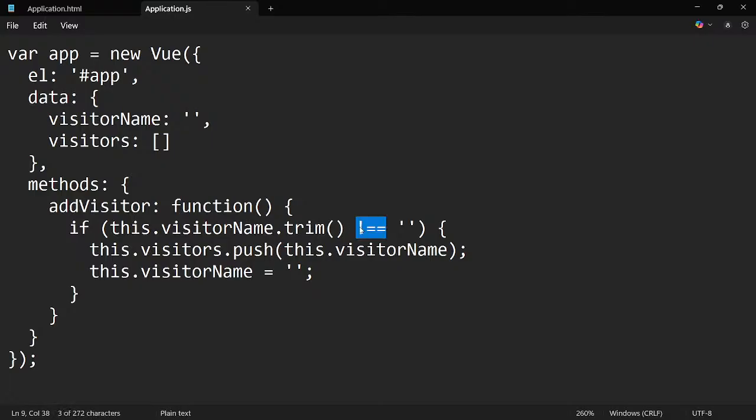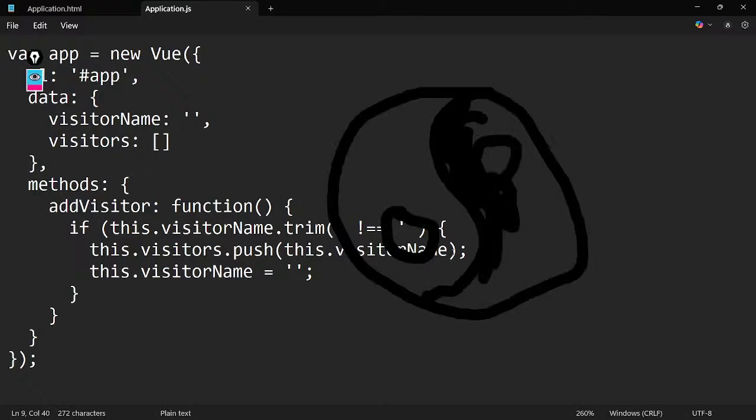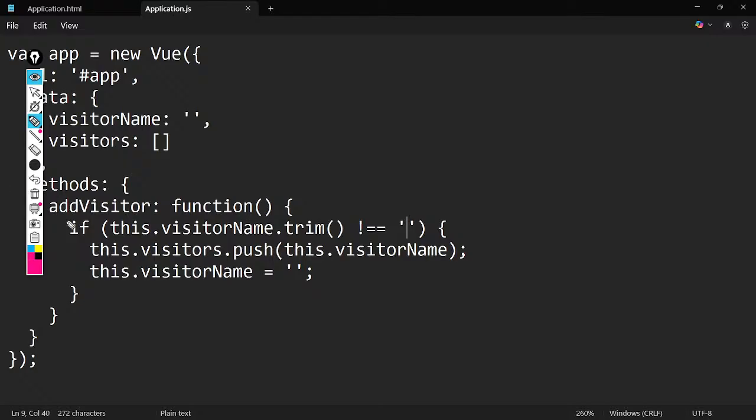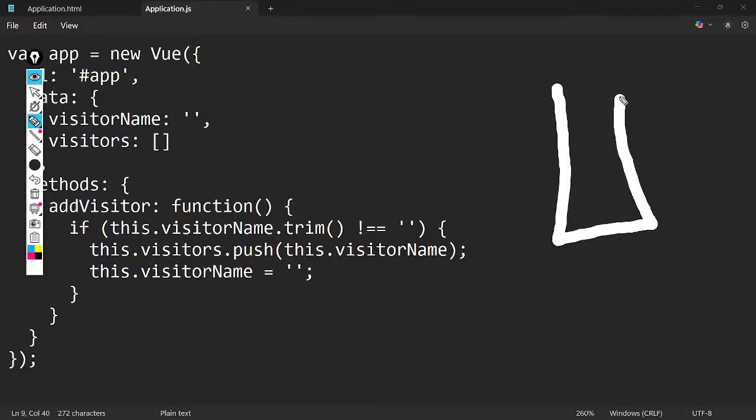If it is not equal to c, there's this function named add visitor. If the visitor name is not this, then this visitor name gets pushed. So basically, let me remove this Kung Fu Panda stuff and use this. Okay, so we have basically a stack in which if this condition is fulfilled, that is something is not